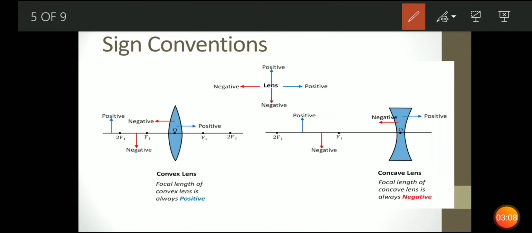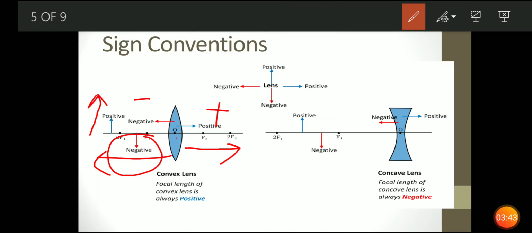Now, you have two lenses, that is concave and convex lens. For the lens, this is the optical center, say this is the origin. So if you move towards the positive x-axis, everything will be positive. If you move towards the negative, everything will be negative. But the height of the object will always be positive, because you have placed the object above the principal axis, so it is always positive. But when you get the image, आपको इमेज मिलेगी तो below principal axis मिलेगी, so it is always negative in a convex lens.